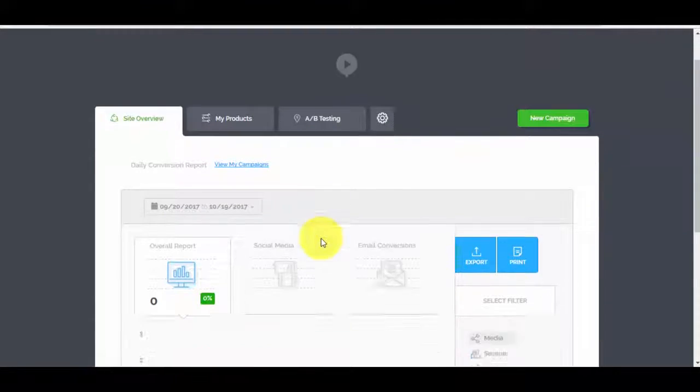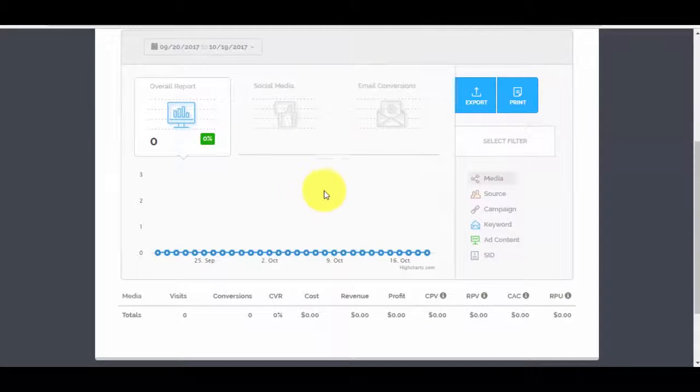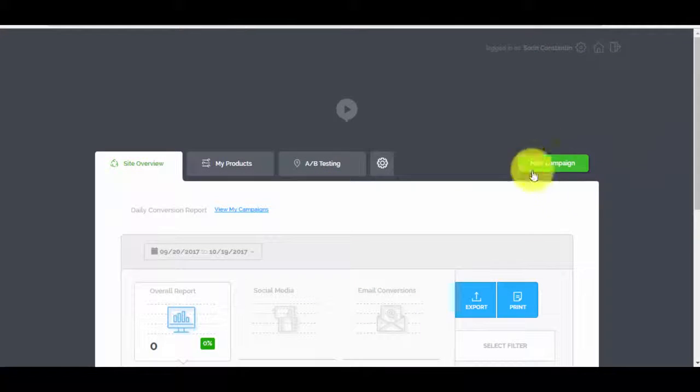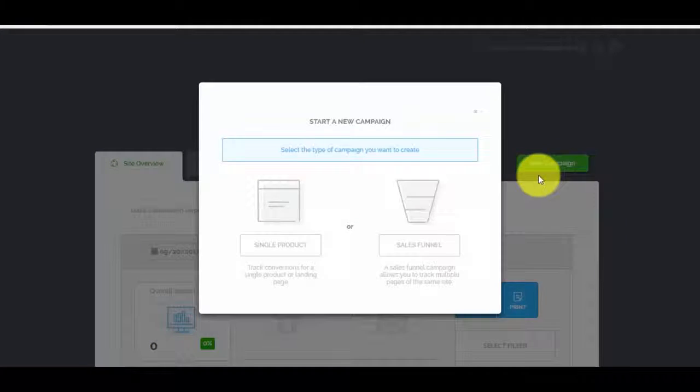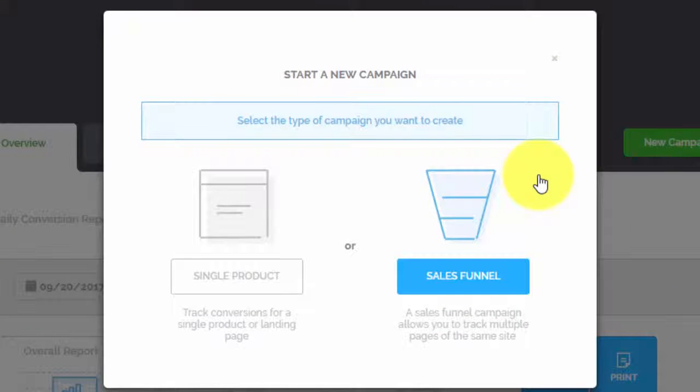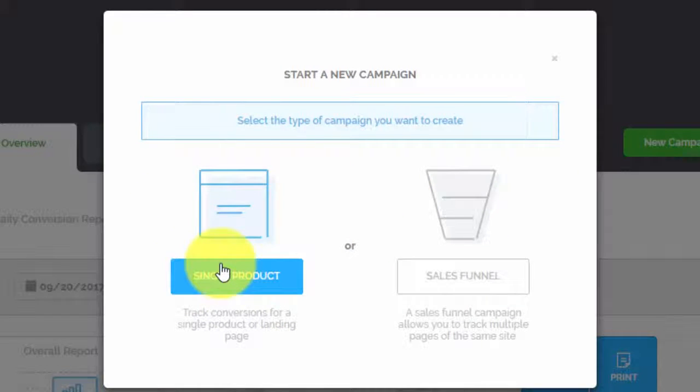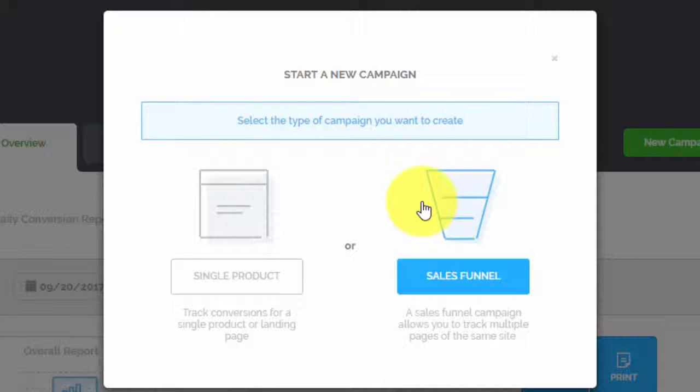Right now, we have added our new website. Basically we want to add a new campaign, right? That's the first thing that we want to do, and it works very simply. You just have to press the new campaign button, and you will see that you have two options, which is pretty cool, right? Because sometimes you might promote a single product if that is part of your marketing campaign or whatever you are selling, and sometimes, actually most of the times in the case for marketers,